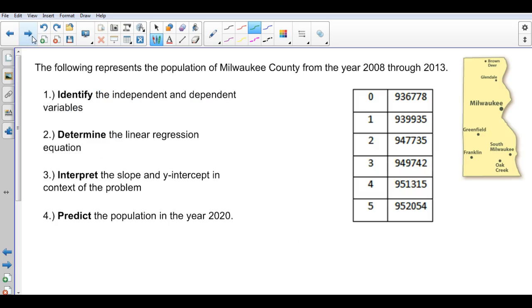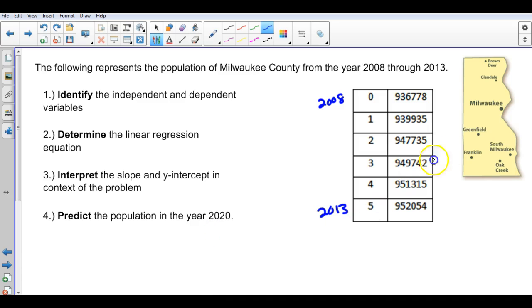So in this next example, it says the following data represents the population in Milwaukee County from the year 2008 through 2013. What I'm doing in this table is indicating that 2008 is going to be my initial year that I'm going to call 0, and every year past that would represent, like for 2013, 5 years past 2008. So what we're going to do is identify first what our independent and dependent variables are. We're going to determine what the linear regression equation is. We'll interpret our slope and the y-intercept, and we'll make a prediction of the population in Milwaukee County in the